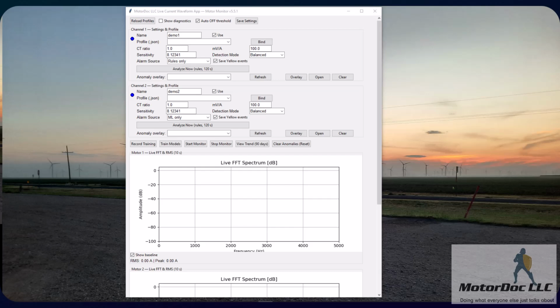Hello and welcome to the Empower Continuous Monitoring System, or the CMS2. We call it CMS2 because it will concurrently analyze any two machines per set of hardware. It basically takes in one phase of current for each motor and uses that to do either a rules-based system, an AI or machine learning system,